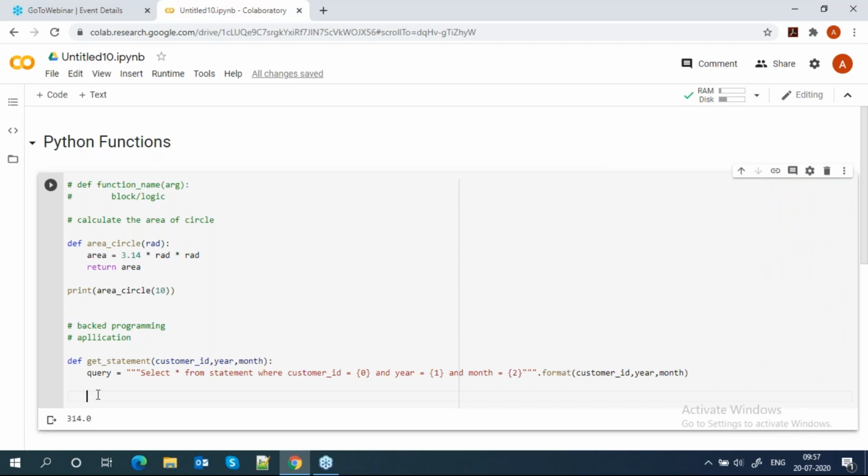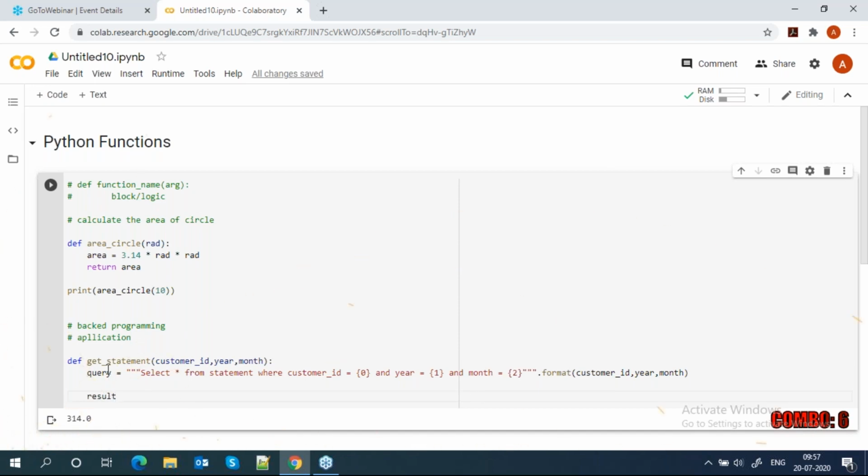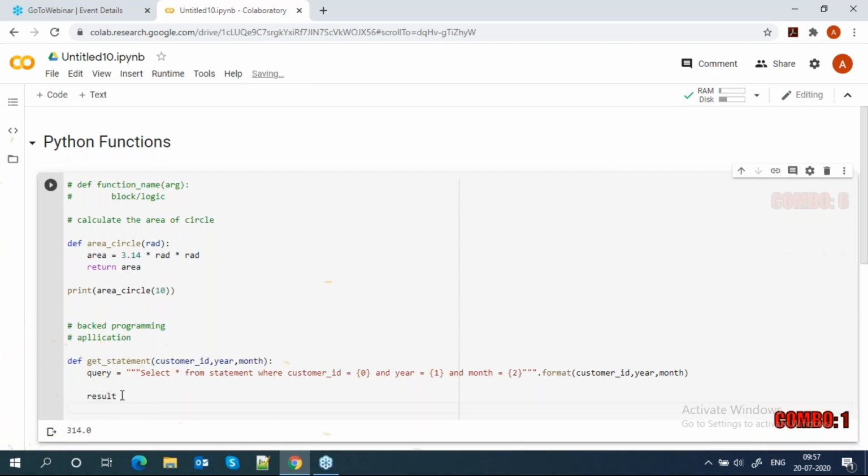Suppose I got some result here. Whatever the query output is, I put it in result, and while returning, you can pass result.to_json. This is how we write the backend logic. It works dynamically: using the function, whatever argument you pass at runtime, your logic will behave and return according to that. Understand how we are using functions in our project?